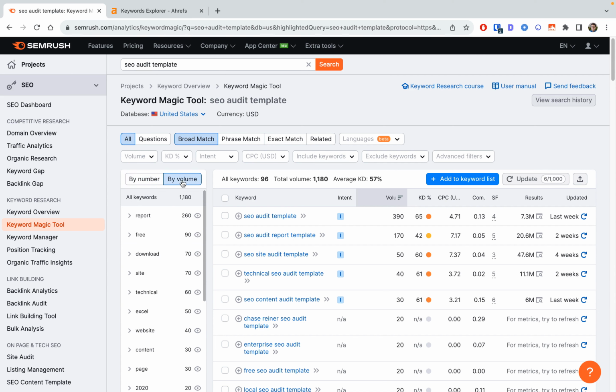I can also filter by volume, right? Here are all of the total keywords for report and what is the total volume for site this. So it gives you that idea. Another thing is that